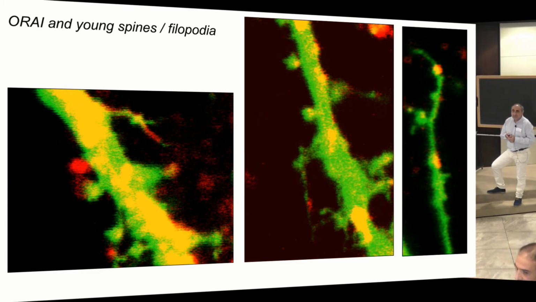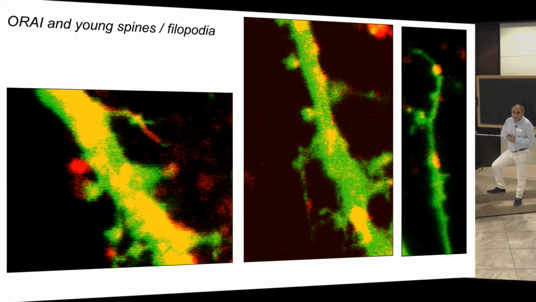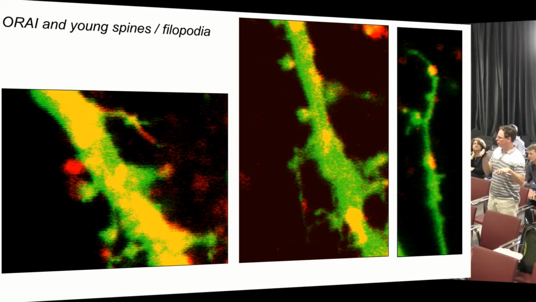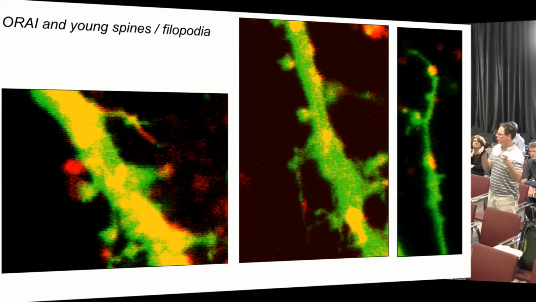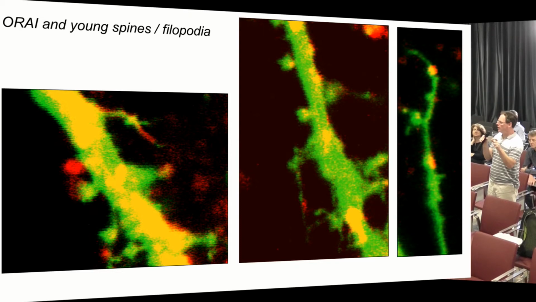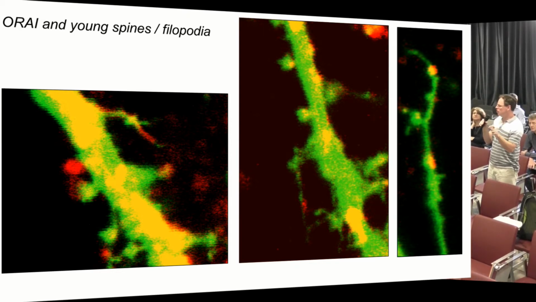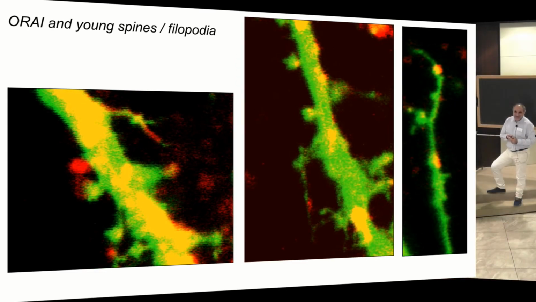So just about the ORI in the spine, is that more or less stationary? So it's only the STIM that actually diffuses in and out. So it's not the other picture where you have both ORI and STIM diffusing. So essentially that ORI domain is stationary over time. Great. We are exactly on the slide to answer this question. Very good. Thank you. You are exactly following the ideas, which is very good.